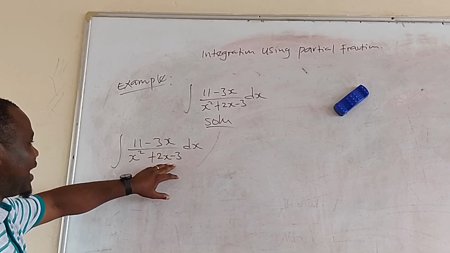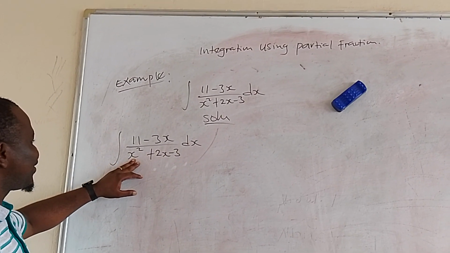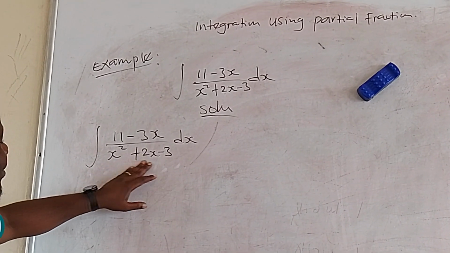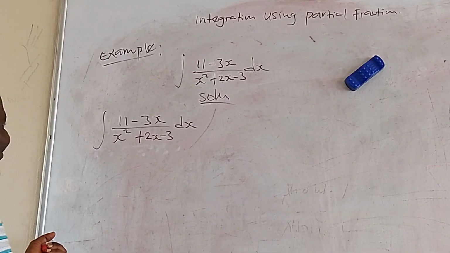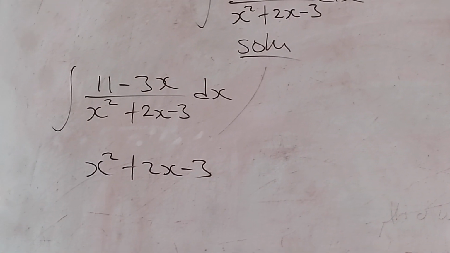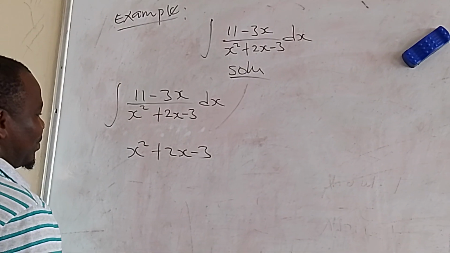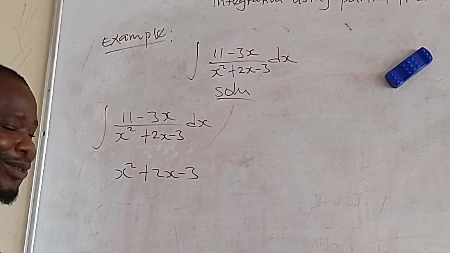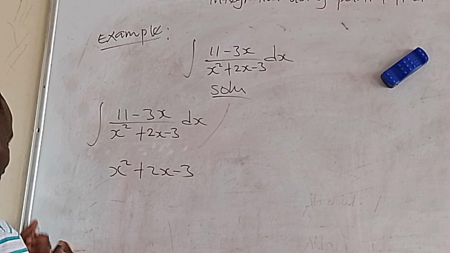We'll resolve this function into partial fraction. Let us look at the denominator first. The denominator is a quadratic expression, true or false? So it implies x squared plus 2x minus 3. So let us factorize this quadratic expression, because all of you know how to solve quadratic equations, isn't it? Okay, so if you agree with me,